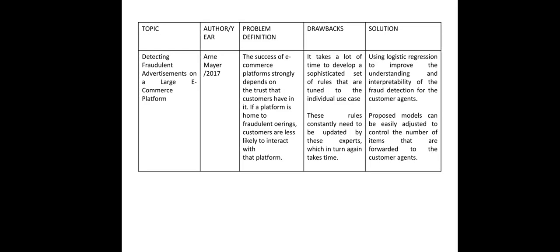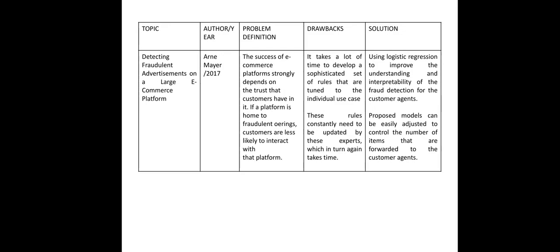The success of an e-commerce platform strongly depends on the trust that customers have in it. If a platform is home to fraudulence, customers are less likely to interact with that platform. Drawbacks. It takes a lot of time to develop a sophisticated set of rules that are tuned to the individual use case.